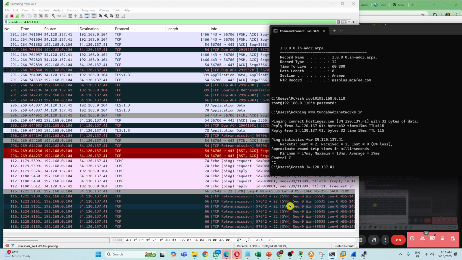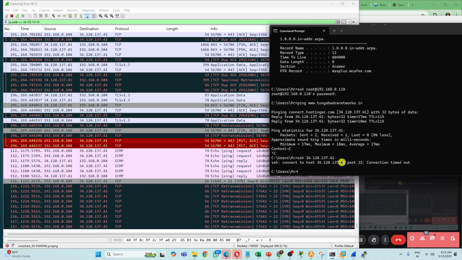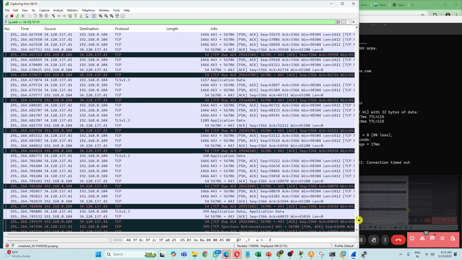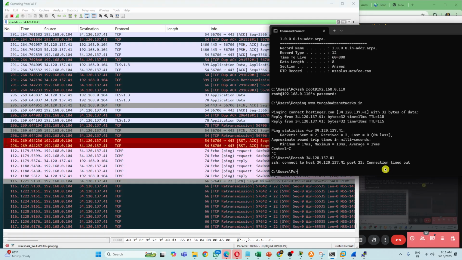So it will wait for some time. It keeps on retransmitting the SYN packet until it establishes the connection. My computer is trying to establish a connection with the server. Finally, it says connection timeout, which means you don't have access or the connection is not established.